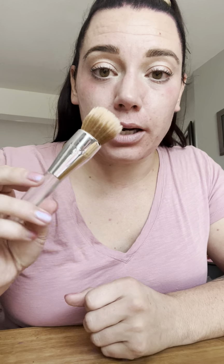But I'm gonna put the foundation on. I like to use a brush for my foundation. I like this Clinique brush. I don't know if they still sell it or not. It's kind of old, but I don't know what it's called. I just know it's old. Anyway,